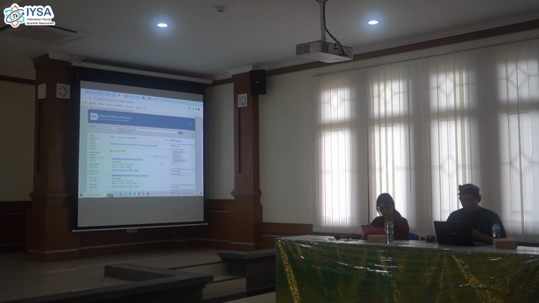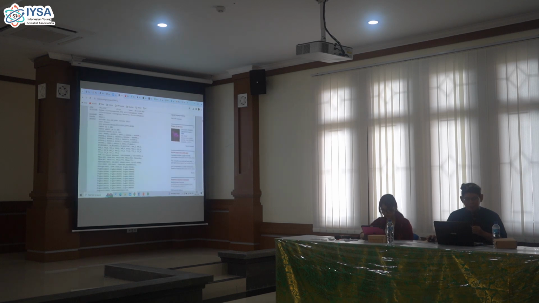Okay, we choose Homo sapiens again because this must be connected with Homo sapiens. So this is the first one. We choose the first one. This is the FASTA code of the protein. You can see it here like this.